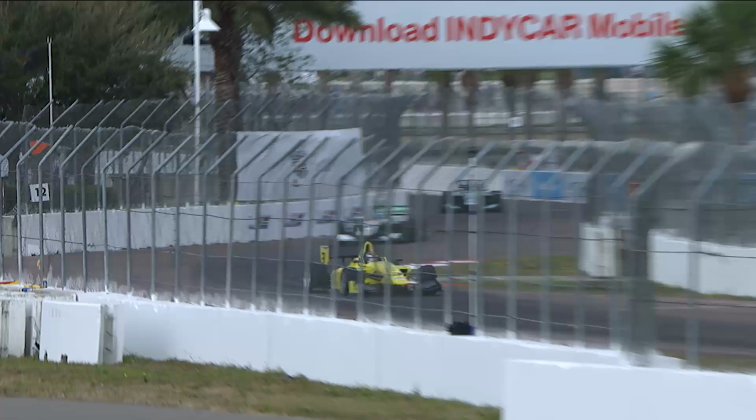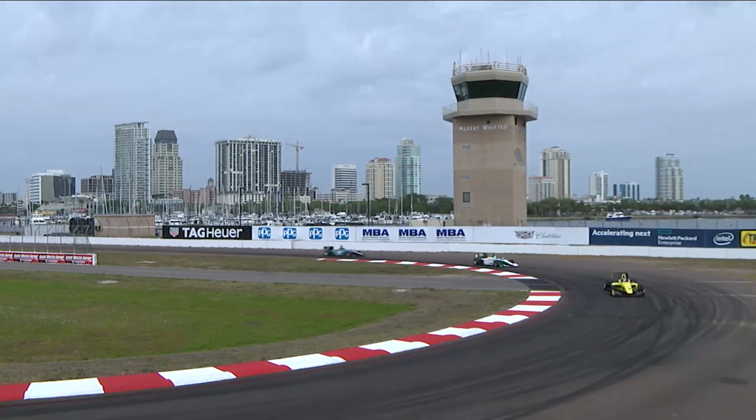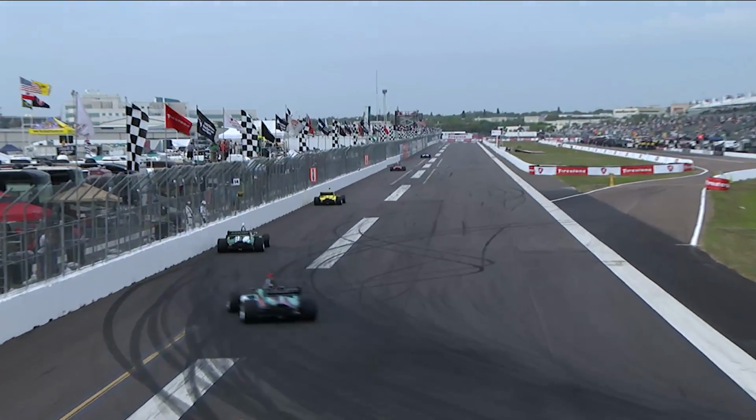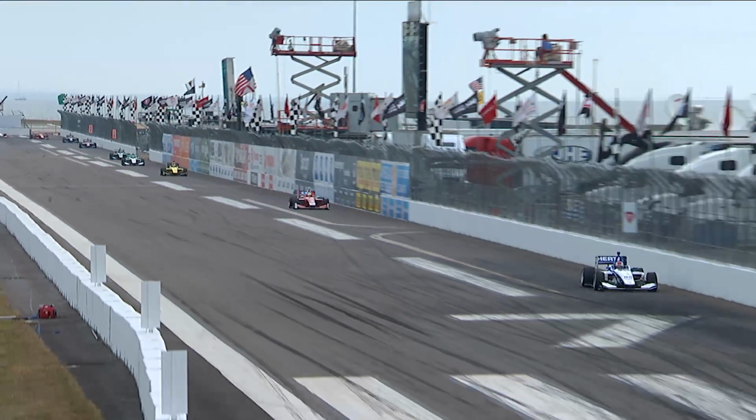Kyle Kaiser finally got him that last time around. Pato O'Ward 3rd, Herta, Urrutia, O'Ward the top 3. That is the top 3 as they run. Kyle Kaiser has slipped back to 4th, and as Jake talked about, may fall into the grasp of Dalton Kellett very shortly. Up front, though,